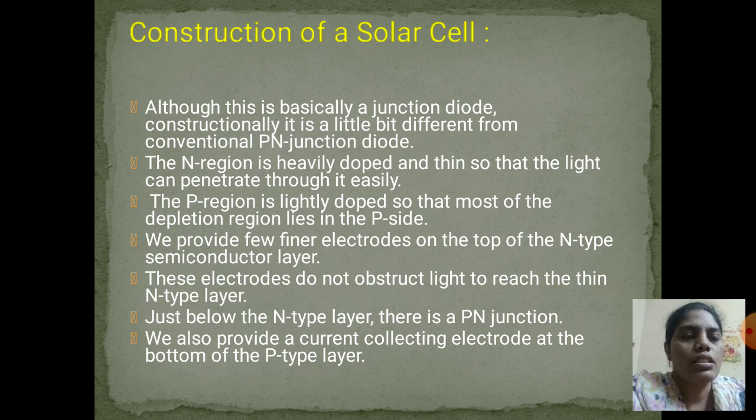Solar cell is a PN junction diode, but constructionally here we are going to see different parts. The N region is heavily doped and it is thin so that the light can penetrate through it easily. The P region is lightly doped so that most